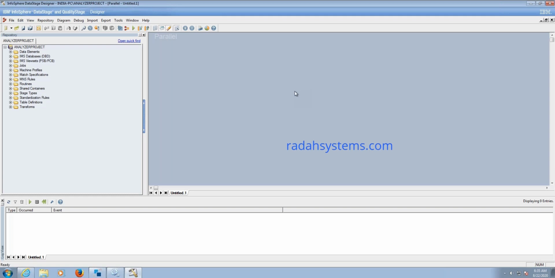Suppose, from your source table in real time, you want to filter the data based on time. Today's transaction only, I want to extract the data and send it to my target system. That is the requirement. So is date a static component or a dynamic component? Dynamic. Every day the date will change, obviously. So in these scenarios, in DataStage, we can use a job runtime parameter to extract the current day's transactions, the current transaction day.